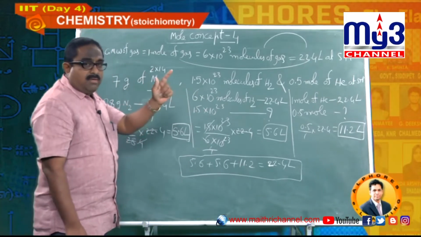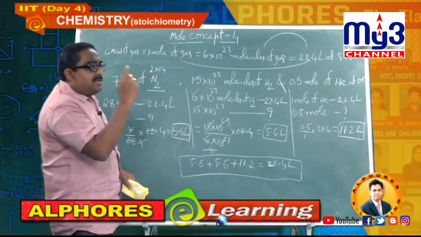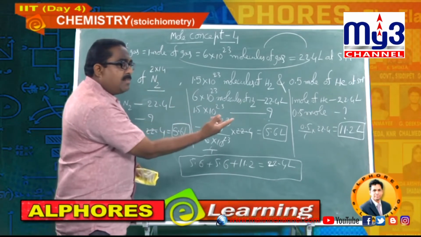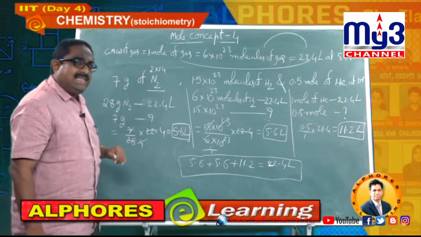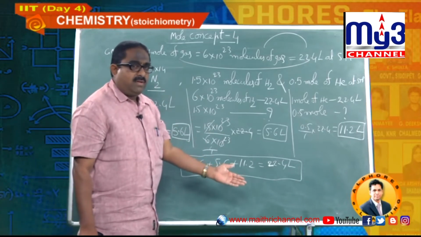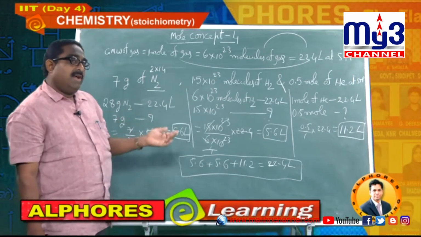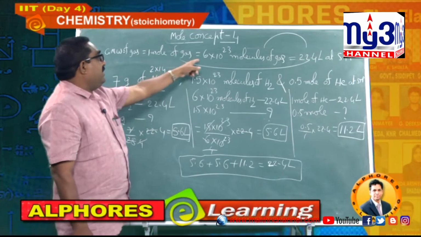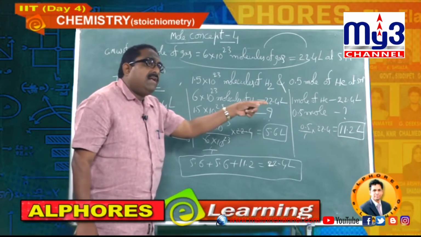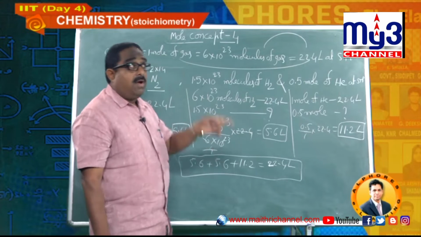Nitrogen, I know the molecular mass 28 grams, keep it in one side of the brain. 28 grams is 1 mole, 1 molecular mass of nitrogen, which at STP occupies 22.4. In this question he has given only 7. So 28 to 7 is 1/4 of that. So I know 28 grams occupy 22.4 liters, 1/4 of that is 5.6. Keep it aside. Next, coming to this. Avogadro number 6 into 10 power 23, 1 mole, 22.4 liters; 1.5 into 10 power 23 is 1/4 of that. So 1/4 of 22.4 is 5.6.